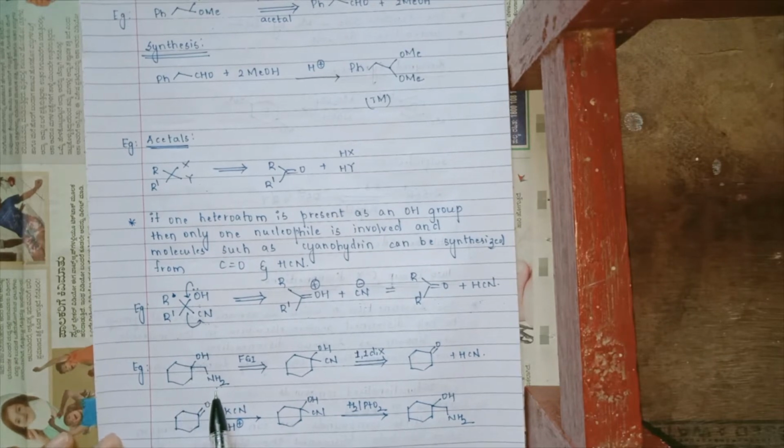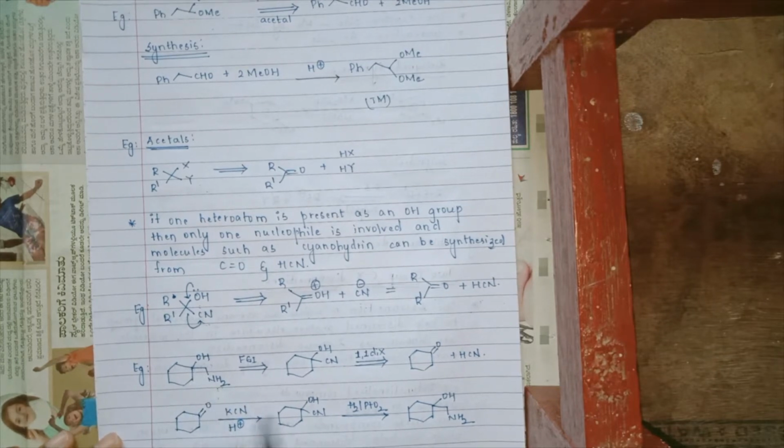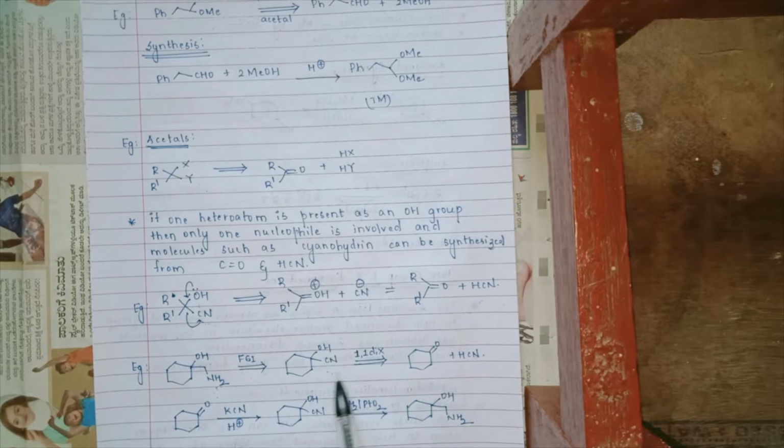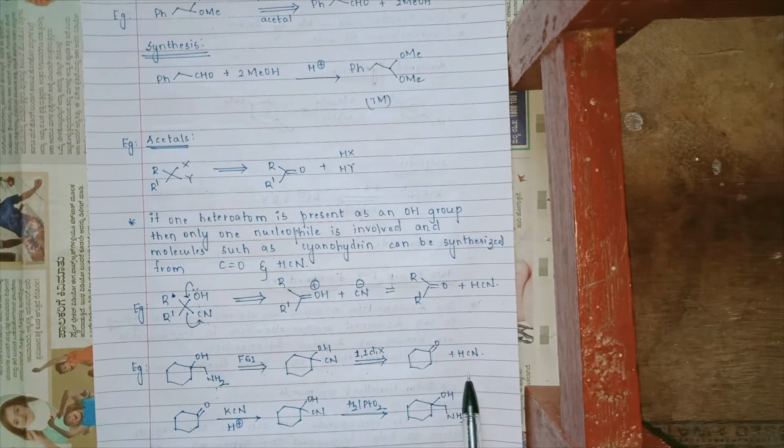So they will now convert this NH2 to CN. Now CN, when it is hydrolyzed, gets converted to CH2NH2. So under functional group interconversion, the NH2 is converted to CN. Now again a 1,1-disconnection is performed, so that the lone pair of electrons travels and the CN gets cleaved, and we get a carbonyl carbon and an HCN.